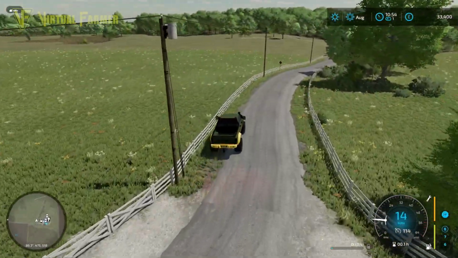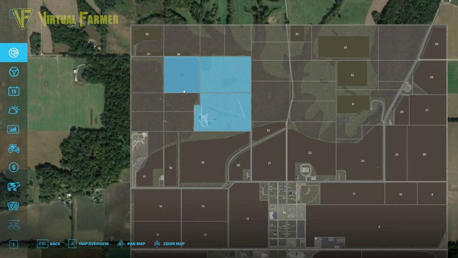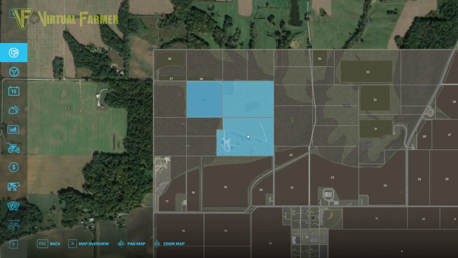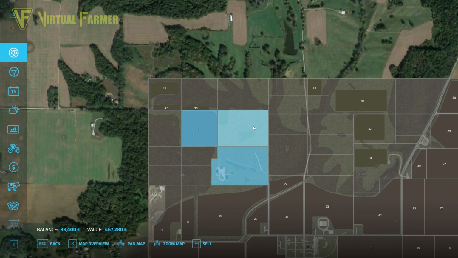Before I go any further, though, I want to pop back to the map and have a look at what we own and what sort of prices we would be paying for fields around here. So we are on New Farmer at the moment. It's fairly square setups for the field areas you buy, although the fields themselves are very much not square fields. You start with the main farm here, which is 691,000. You've got the big grass field to the north of it, so that's 467,000. And then the